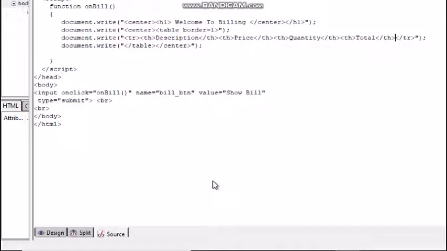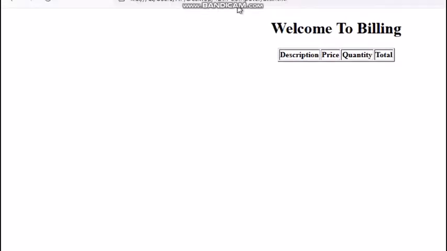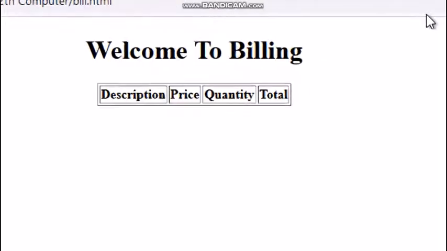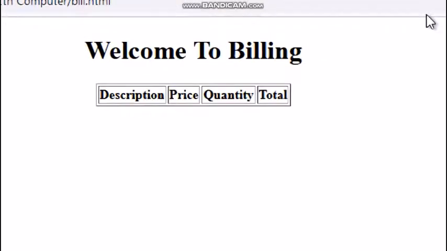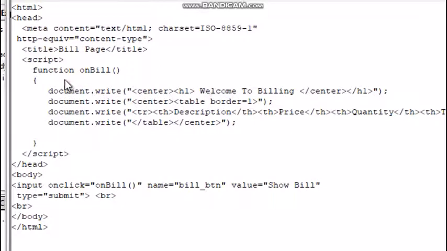Save this file by pressing Ctrl S. Let us execute this file in Mozilla Firefox and see the output. So it shows only heading. Since that much only JavaScript we have written, we are adding multiple items to our cart. So we need to store them. For that, we will need an array. Let us declare an array.